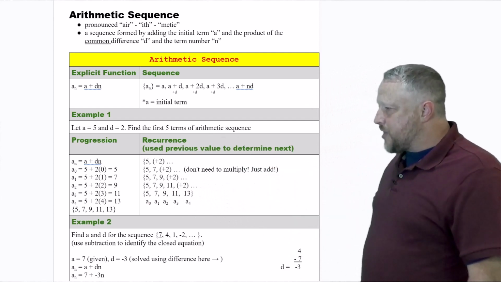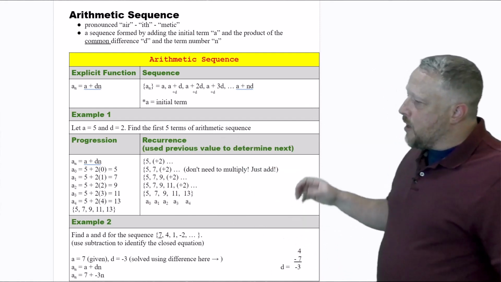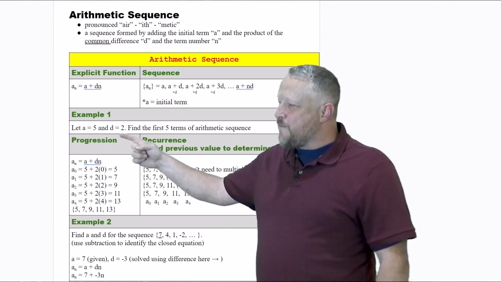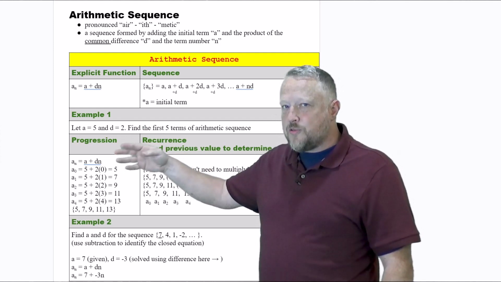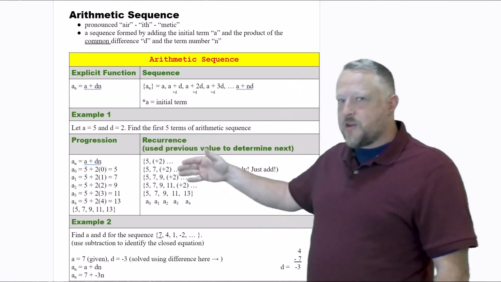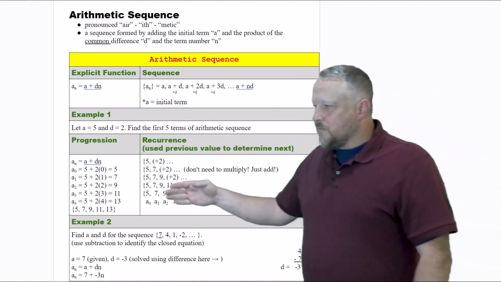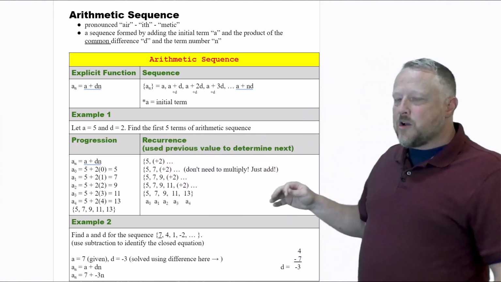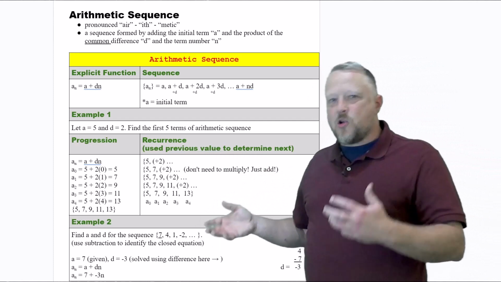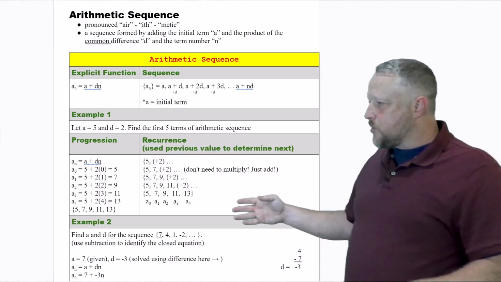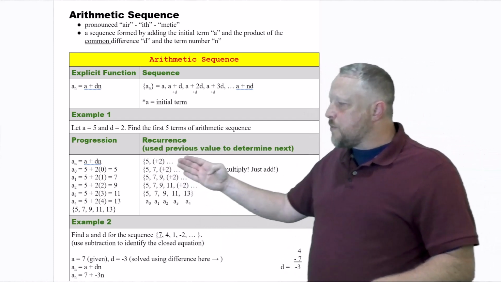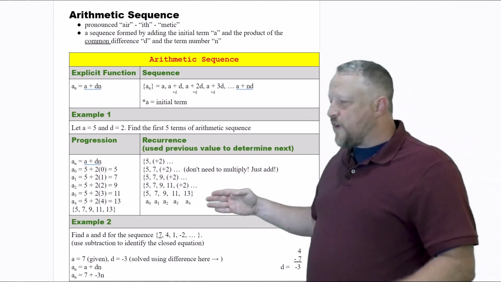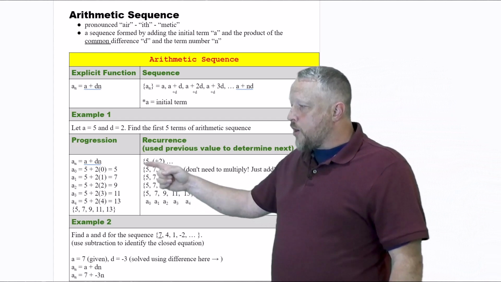So let's go over an example. Very simple one. Let A equal 5 and D equal 2. So that means the distance every time from 5 is going to be 2, then 2 times 2, then 2 times 3, 2 times 4. Well, if we just look at what is called the recurrence, and sometimes I hear recursion and stuff like that. I know it's a dirty cuss word, but what it does is it uses the previous value to determine the next one. So if we wanted to do the first 5, we know that we're starting off at 5